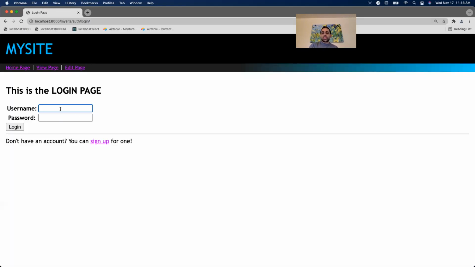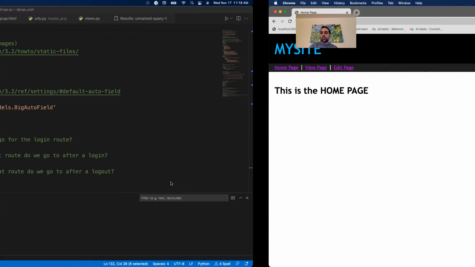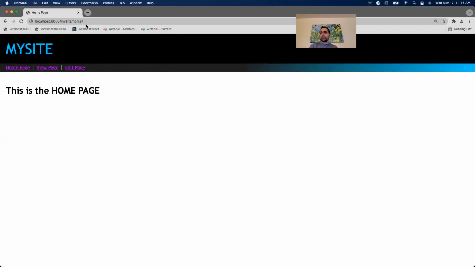All right, so now let's actually log in with viewer1 and password papa1234. Log in. Notice we're taken to our homepage now because of that login redirect URL. This told Django where we actually want to go once we get a successful login. Now, if we had a bad login, let's go back to